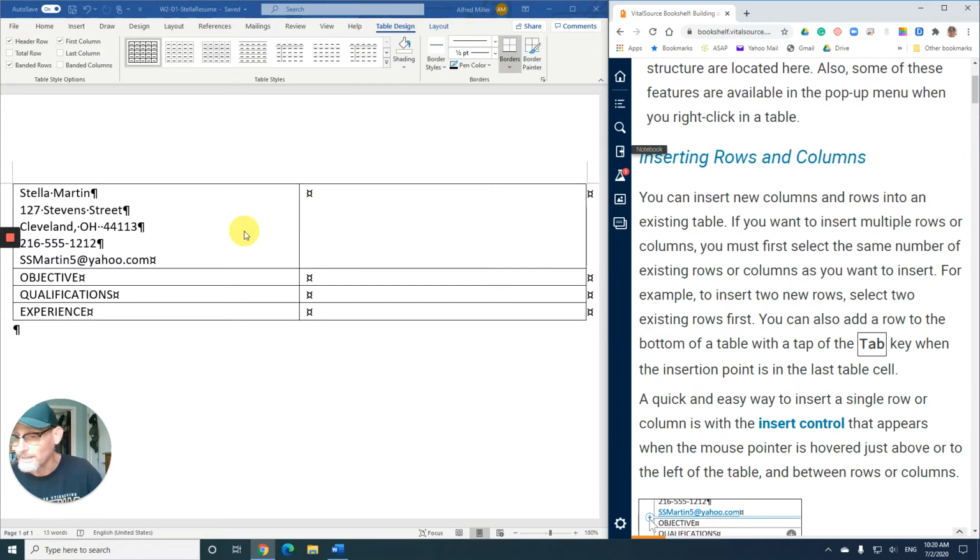So inserting rows and columns, we could do it from the ribbon, the layout ribbon, or you could also do it from right-clicking. You're going to find that right-clicking is an easy way to do it. So you can insert new rows and columns in an existing table. You can also do these weird insert control things they have now. They're kind of hard to find, but when you get near the edge of things, you'll sometimes find these little,